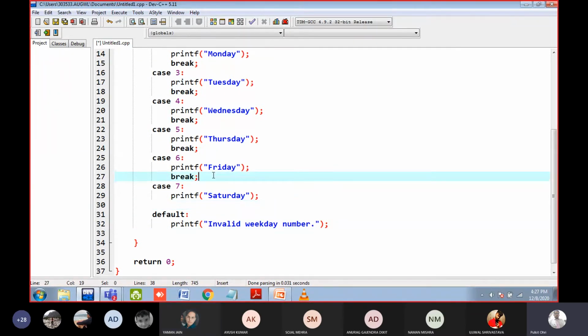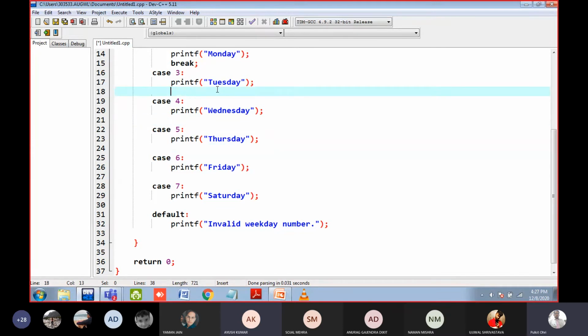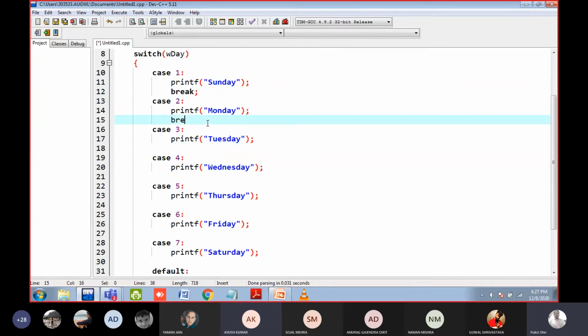Let me remove the break statement. So I have removed the break statement. My question is, Yaman, if I input the weekday as 5, what do you think the output is?